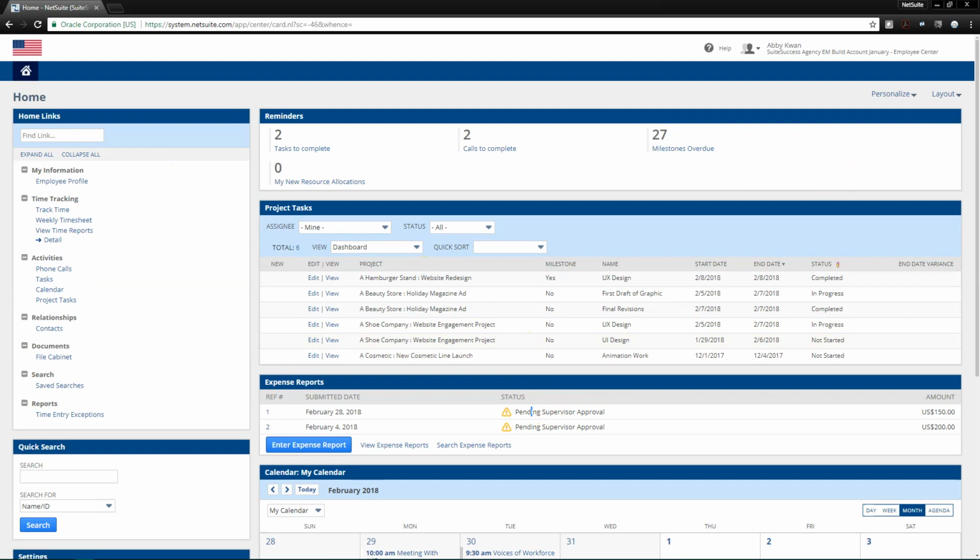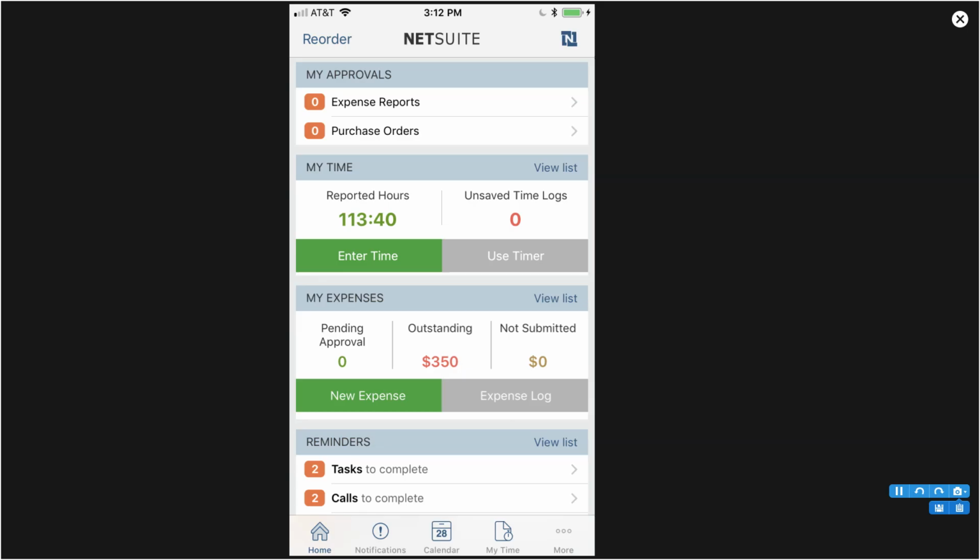to look at. I'm going to go ahead and jump into NetSuite's mobile application so we can see what this looks like and how easy it is for Abby to enter in an expense report on the go. So I'm logged in as Abby Kwan. If I have any employees that are sending any purchase orders or expense reports to me, I can approve it